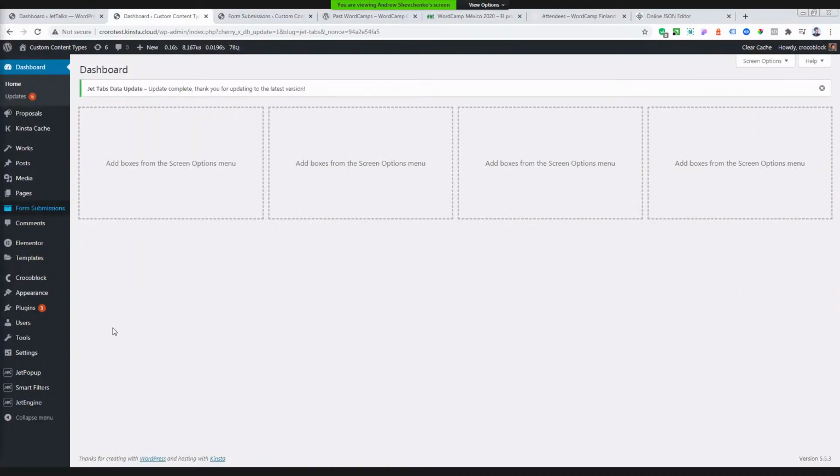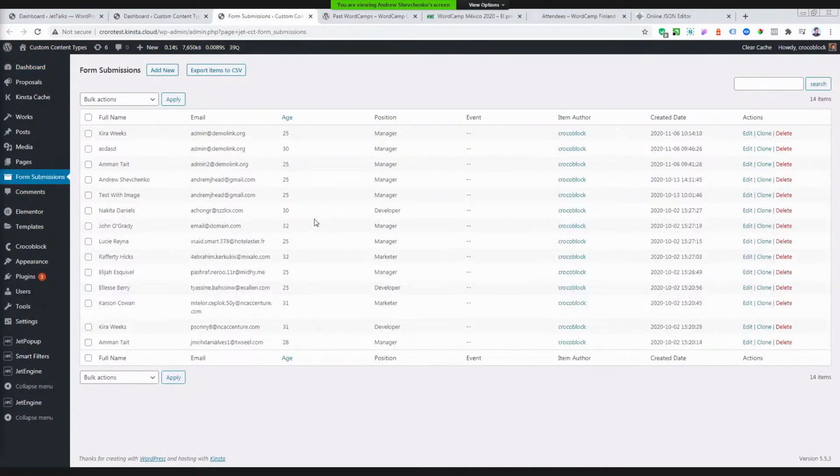And it also contains a form to add new subscribers or participants. But what's the problem in this case? The problem that we have